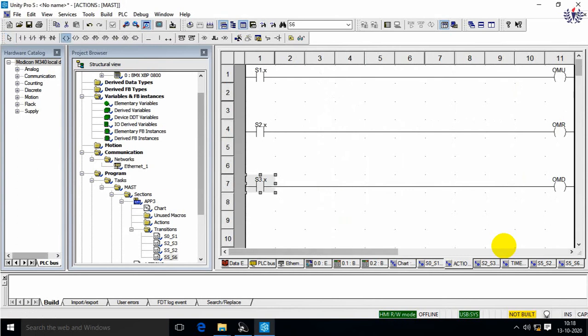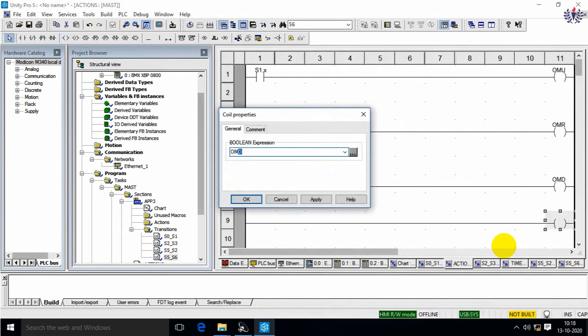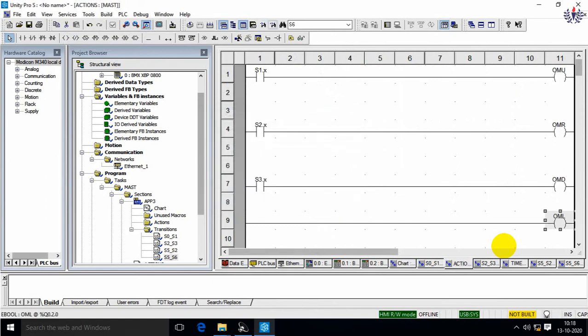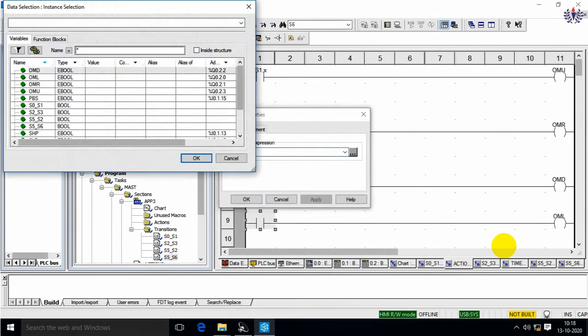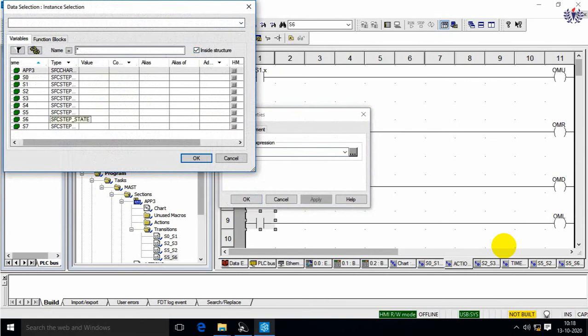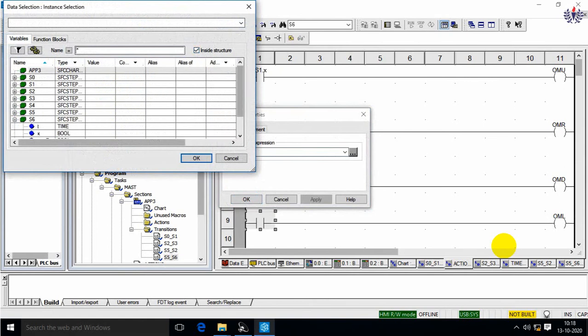One more output I will create, that is OML. Here the step will be S7.x, S6.x.